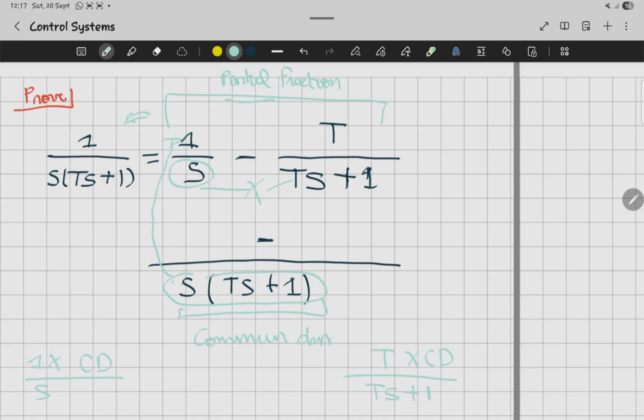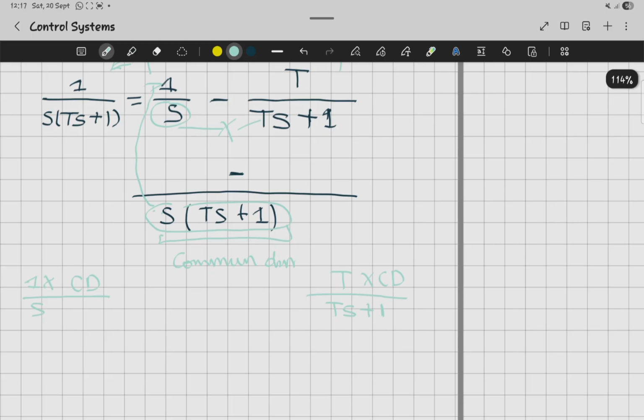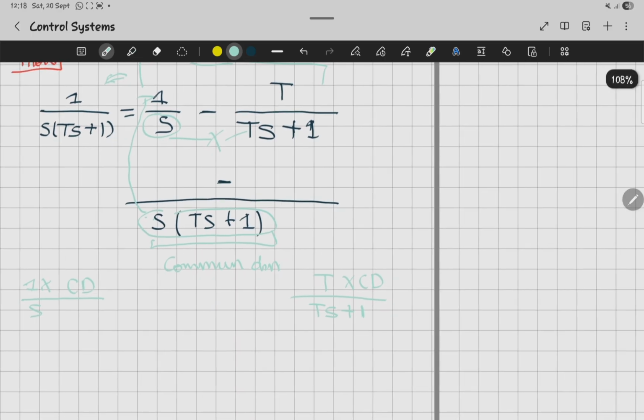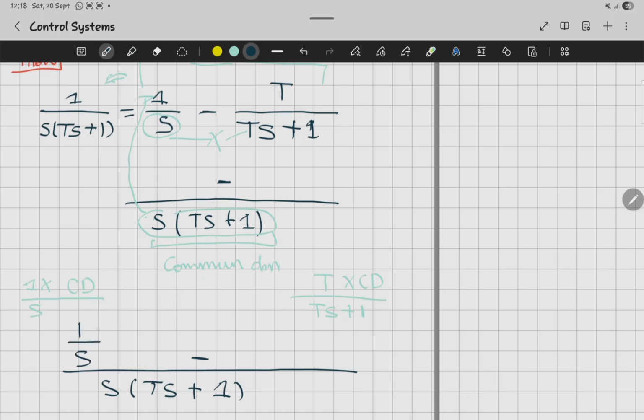So we're just going to multiply the common denominator to both fractions. So if I have to write it in a correct way, we're actually going to have this scenario. So it's going to be s(ts plus 1), okay, negative sign there, 1 over s, okay, times,